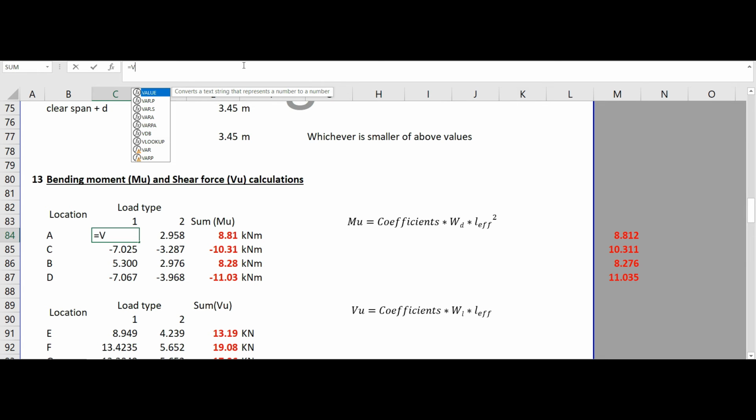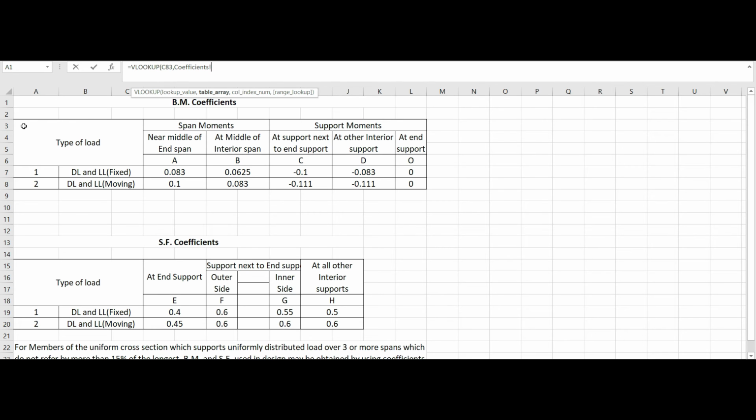So here VLOOKUP says the lookup value. We want the lookup value for dead load. Here I have denoted dead load as 1. So the lookup value will be this cell, comma, table array. We will select the table. We want the value from this table, so we will select this table,